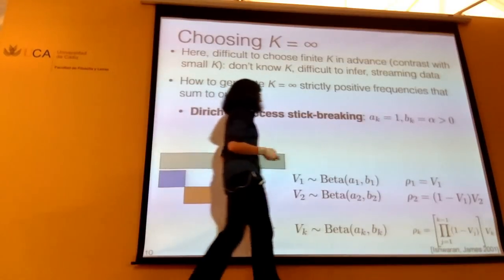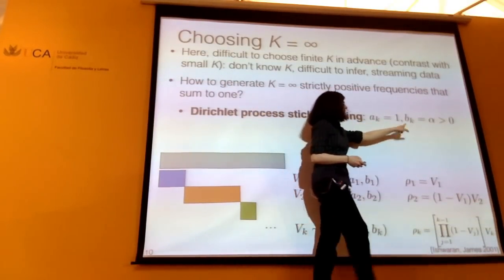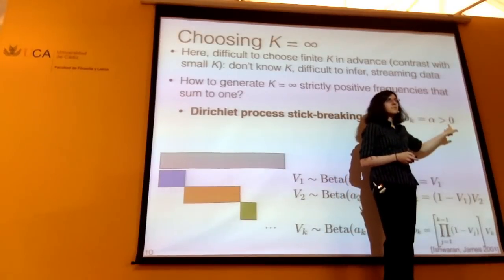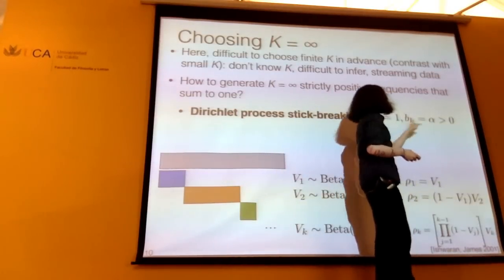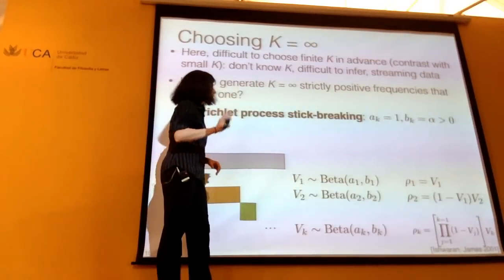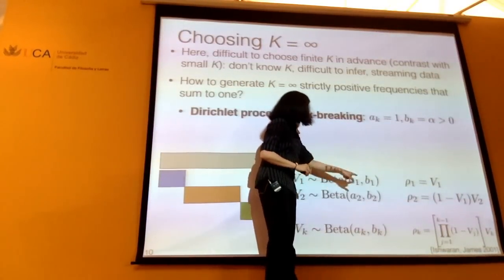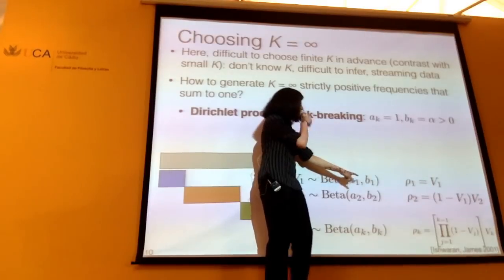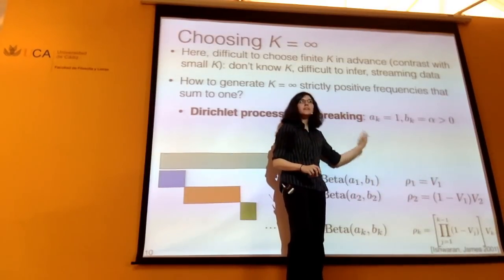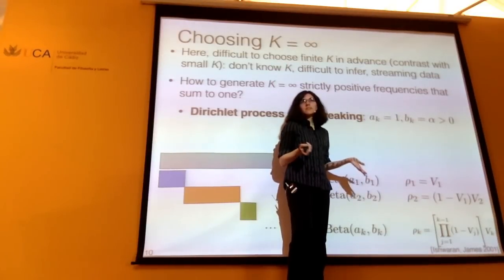And so I'm just going to set the A's to 0 and the B's to alpha. Or sorry, the A's to 1 and the B's to alpha. Yeah. Can't set the A's to 0. That would be bad. That would not be a proper beta distribution. Okay, so what's going on here? Well, if I set the A's to 1, then somehow the B's are just telling me how big that second part is relative to the A's. So that doesn't seem too crazy.